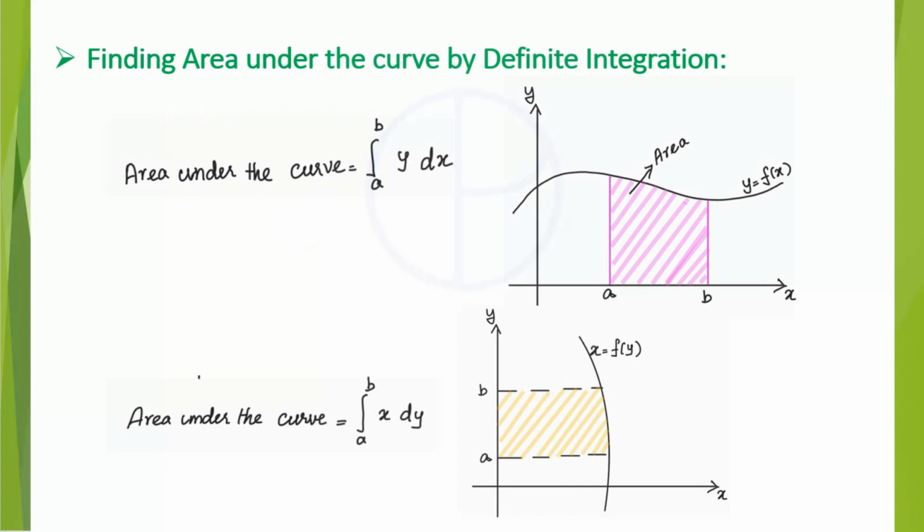So the next diagram, this represents the function x equal to f of y. Okay, so this shows the area enclosed by the curve x equal to f of y with the y-axis. Okay, and the limit is a to b. So the area under the curve, in this case the formula is integral a to b x dy. Okay,